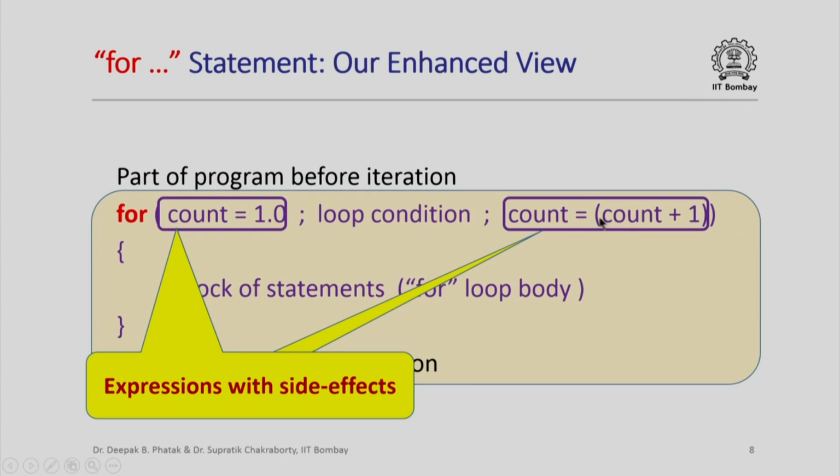We have another expression here that is also an assignment expression, but in the process of evaluating this expression, we are going to have this side effect where the variable count will be initialized to 1 here, and here the value of the variable count will be incremented. So now you see that when we look at a for statement with count assigned 1 and count assigned count plus 1 here, these are not really assignment statements, they are assignment expressions with side effects which actually update the